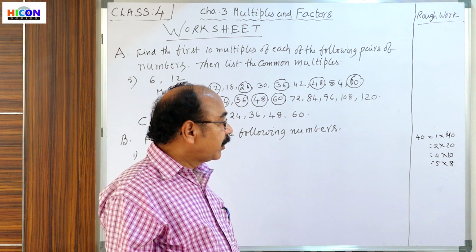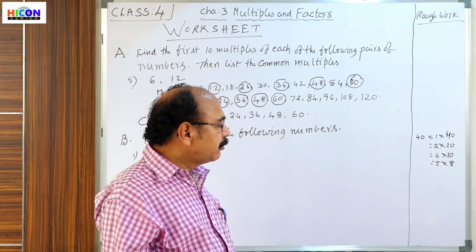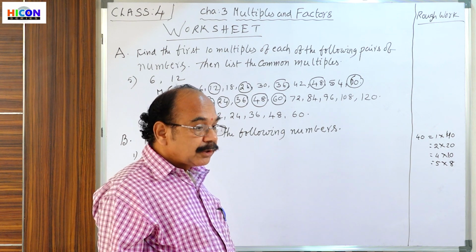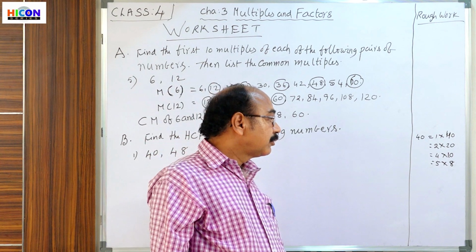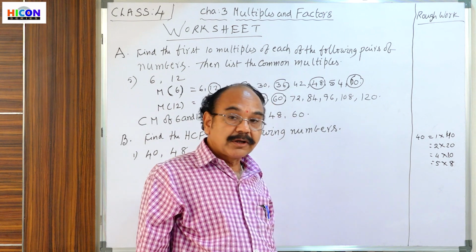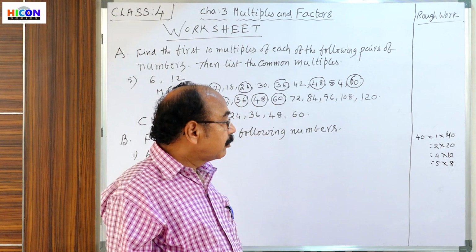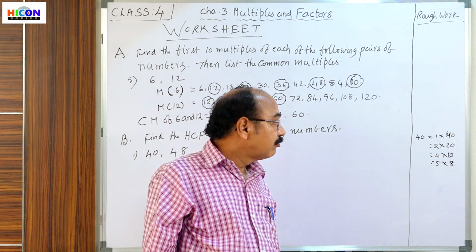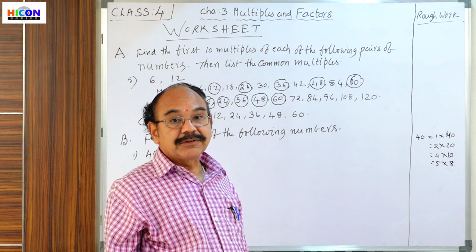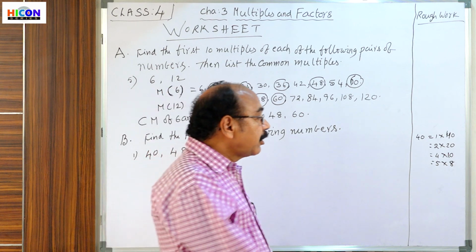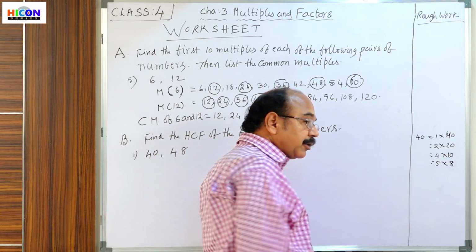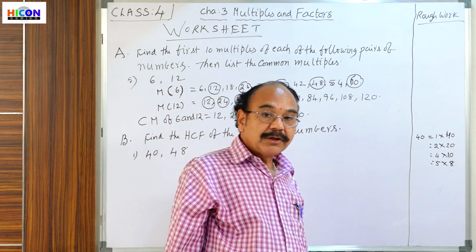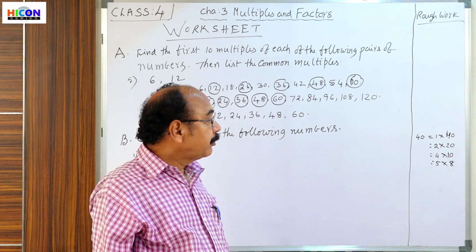Okay. Next, after 5 comes 6. Can you get 40 in the 6th table? In the multiplication table of 6, you can't get 40. Now come to 7. In the 7 table also, you can't get 40. Now after 7, next one is 8. 8 is already there, in one of the above steps. That's why we stop here.